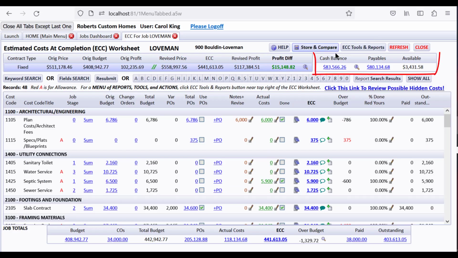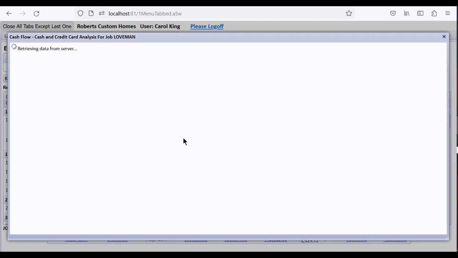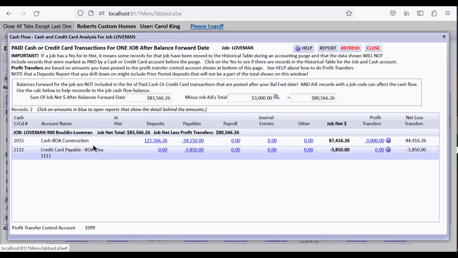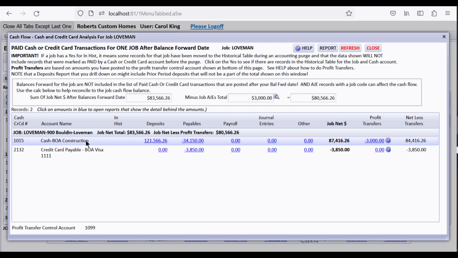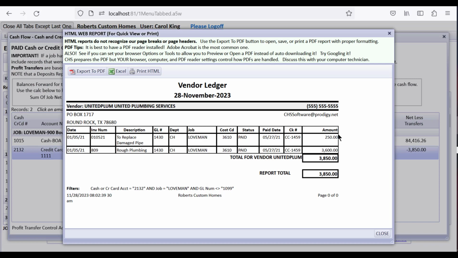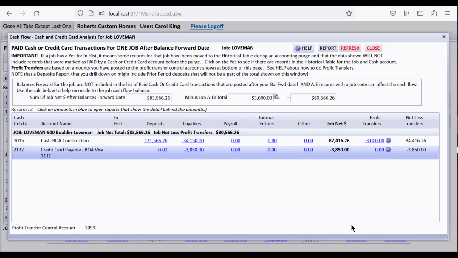Close it. And over here is a very powerful tool of CHS. If I click this to analyze where this cash balance is coming from, I can see what checking accounts things have come into, deposits and payables. If you use more than one checking account for this job, another checking account might show up here. You can drill down to all the detail behind all of these, and this is tracking how much has been put on credit cards instead of paid by check for various job costs, and which credit